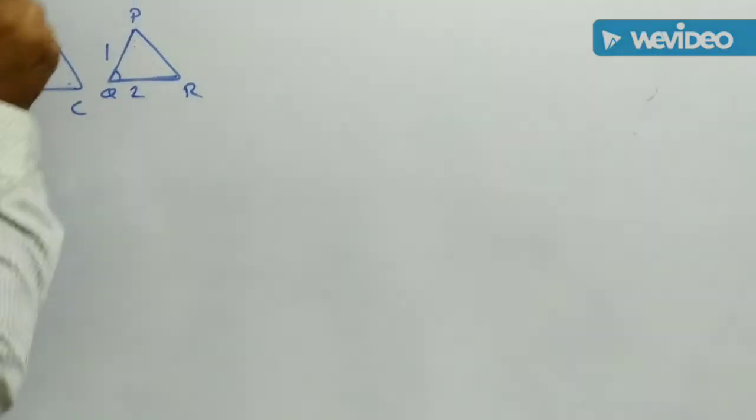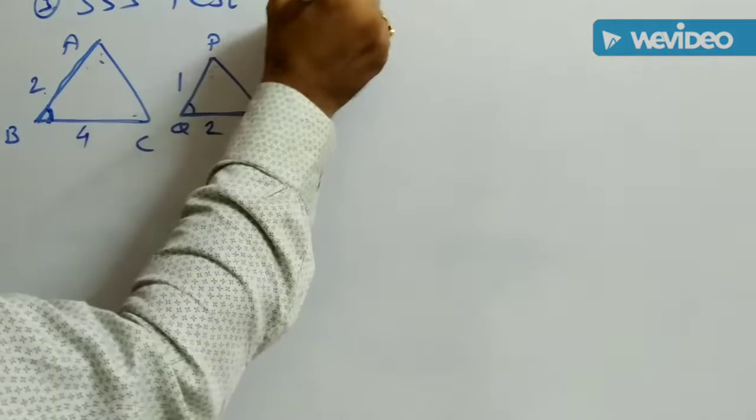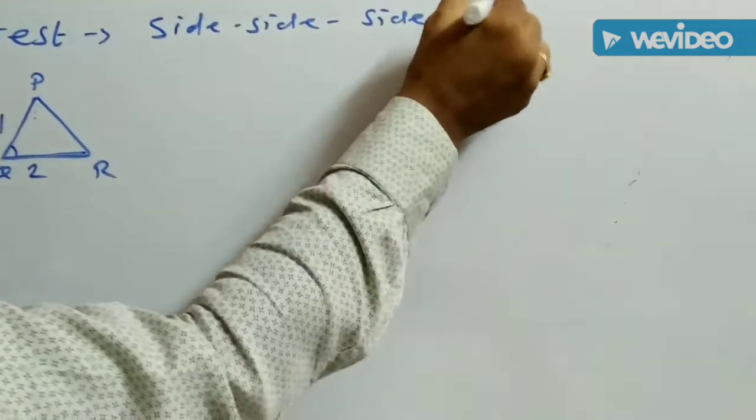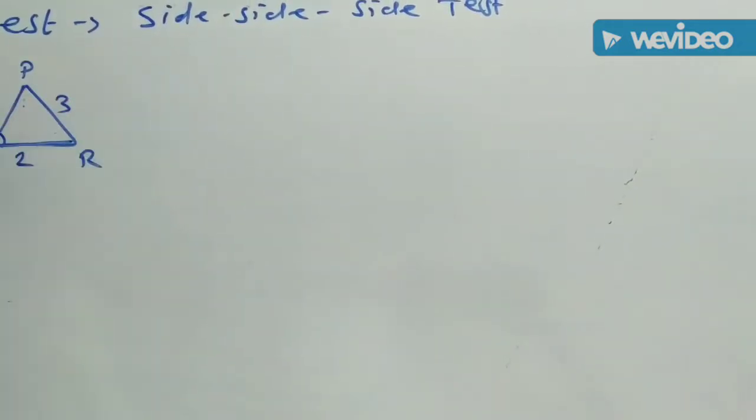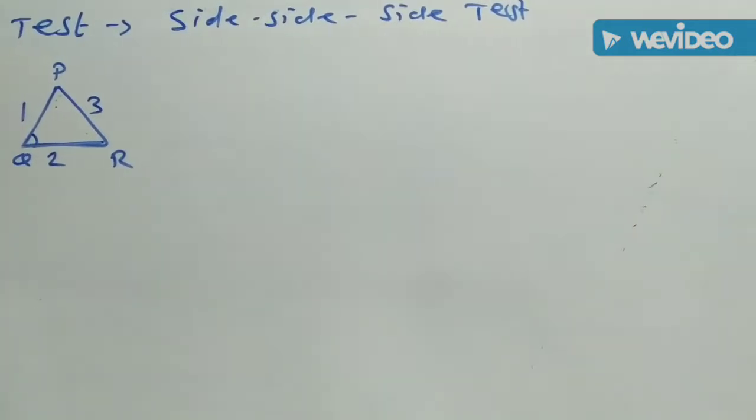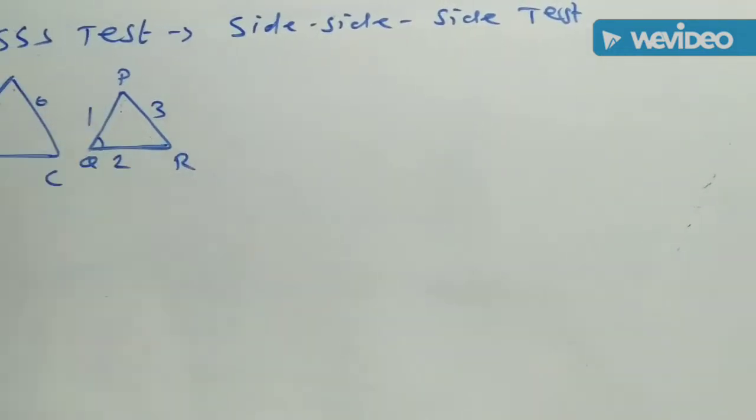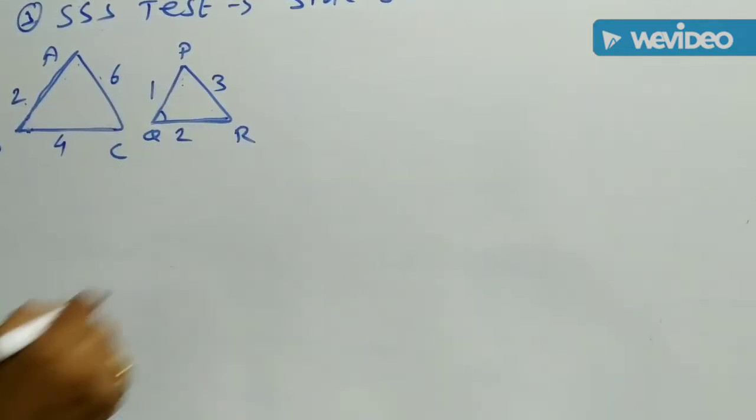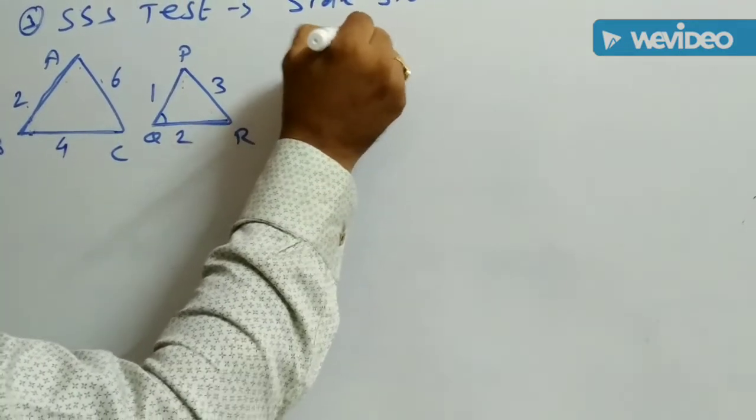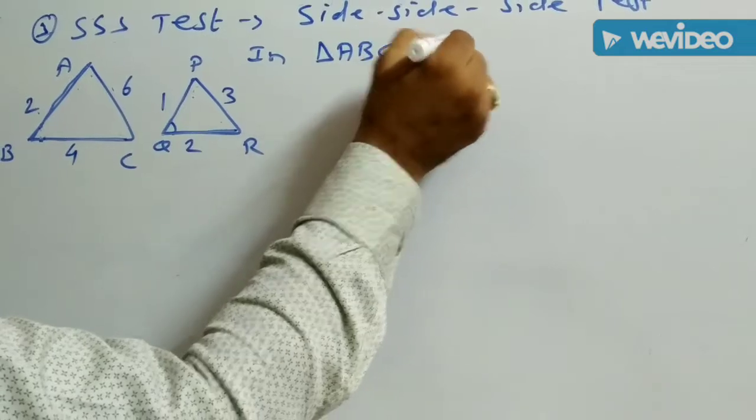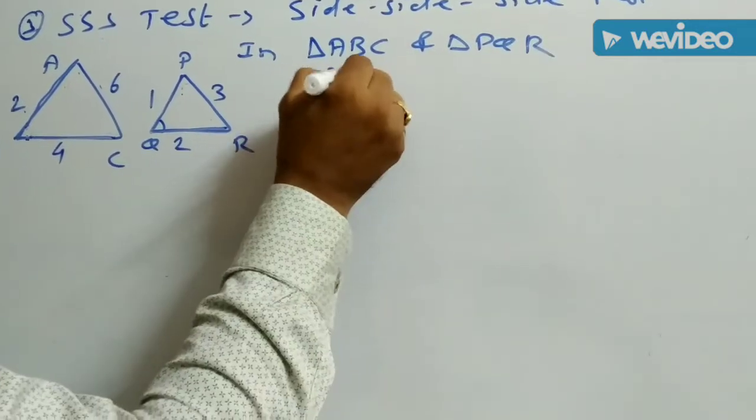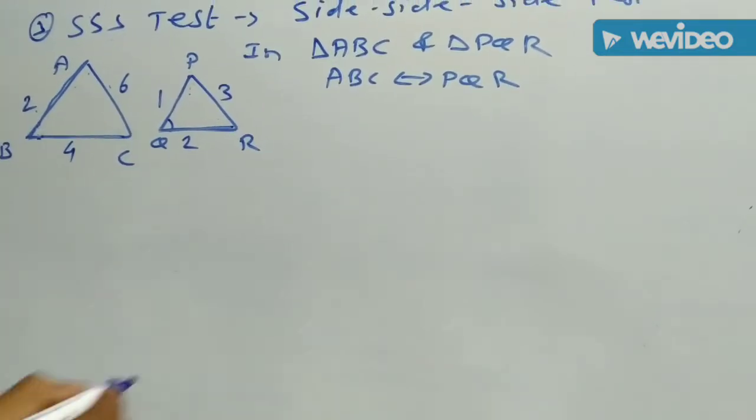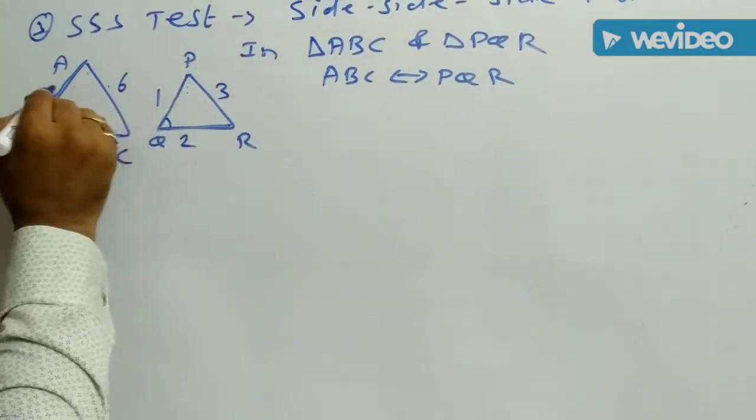SSS means side, side, side test. Similarly, we take the lengths of the sides: AB 2, PQ 1, BC 4, QR 2, AC 6, PR 3. Then in both triangles, triangle ABC and triangle PQR, by correspondence ABC to PQR, then AB upon